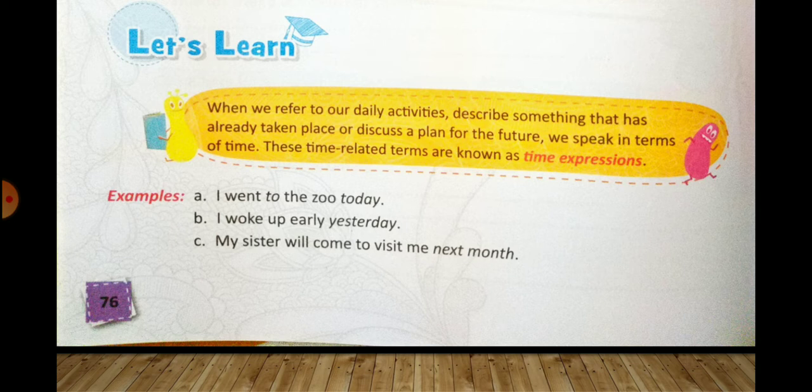Now let's check out some examples. Number A, I went to the zoo today. So you are talking about the present day activity, what you have done today. Number B, I woke up early yesterday. So you are talking about the action that has already happened yesterday. Number C, my sister will come to visit me next month. Here in number C, you are talking about the future plans. So you are talking about a future time. I hope you have understood what time